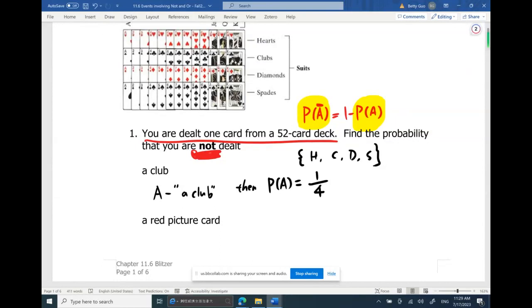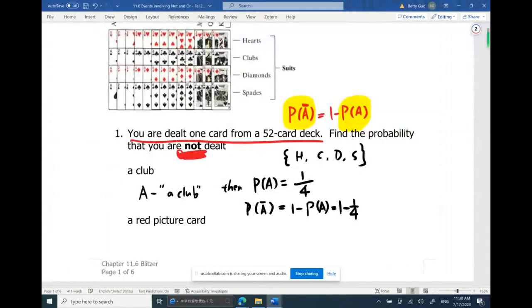Does that make sense? Even if you consider the whole sample space to be 52 cards, then among the 52 cards you have 13 clubs. 13/52 still gives you 1/4. Either way is correct. Then P of A bar, the probability that you are not dealt a club, would be 1 minus P of A. Use 1 minus the probability you just got. 1 minus 1/4 gives you